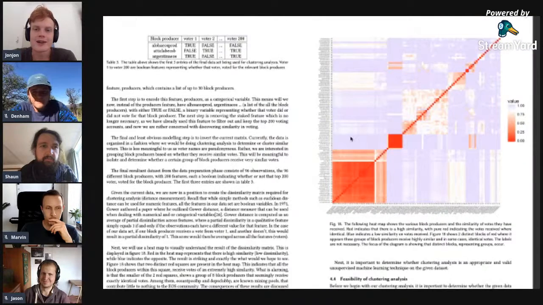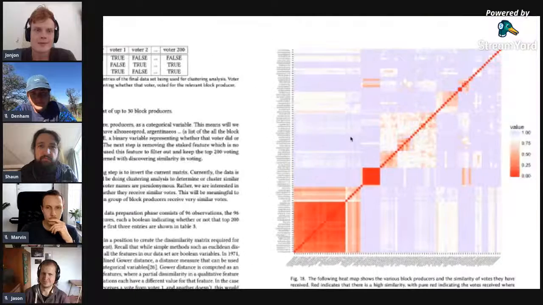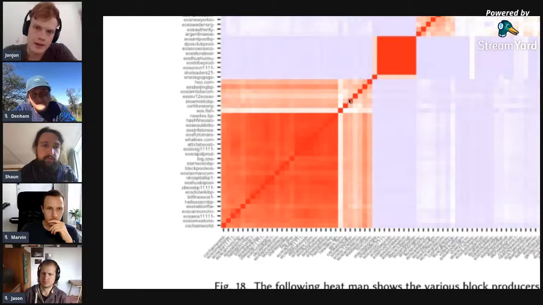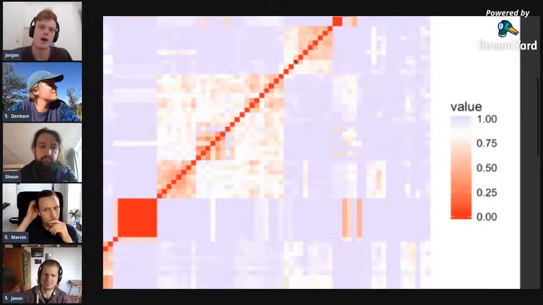Question? Go for it. The names on the left and on the bottom, the labels of the axes, are exactly the same, right? And that's why we see the band of red going down the diagonal. Is that why? 100%, dude. You can see that Oracle Go here corresponds to Oracle Go here, and it receives the exact same vote. So it's completely red, and there's zero dissimilarity along the diagonal. You're 100% correct. And that square in the middle is super interesting, right?